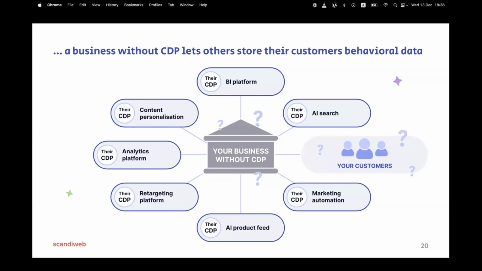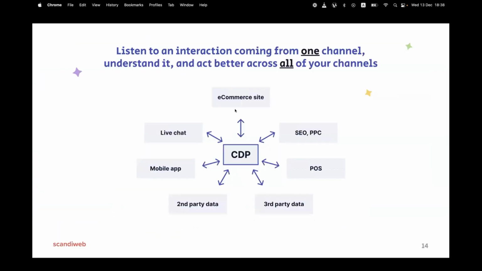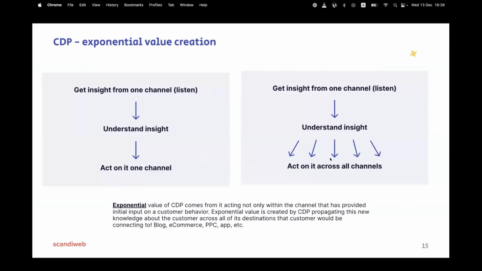Just think how different this image is from that image. Here, if you leverage some finding, you disperse it across, you do not keep it within live chat. You do not keep it within just retargeting or simply an e-commerce site or in a blog. You tell everybody about it, and everybody benefits.